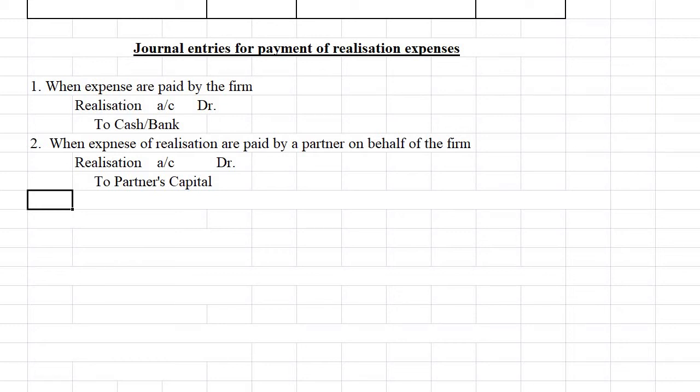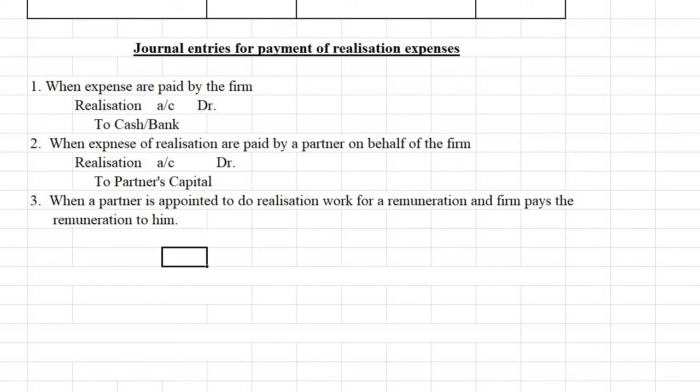Then let us see what the other cases of payment of realization expenses are. Next we are going to see that a partner is appointed to do the realization work, and for doing the realization work he will be given some remuneration. So that is the case here. When a partner is appointed to do the realization work for a remuneration, suppose here Dia is appointed to do